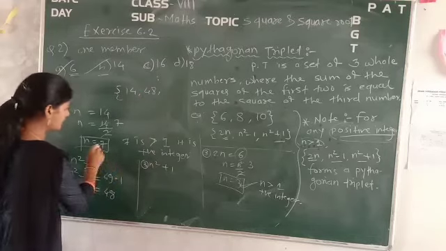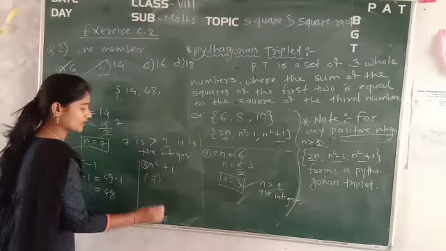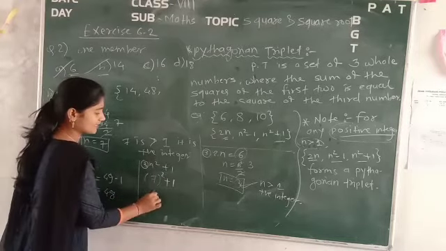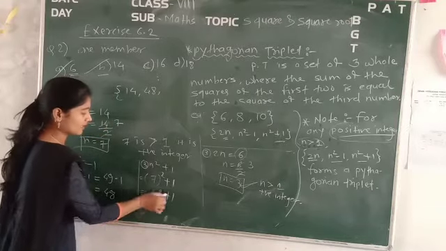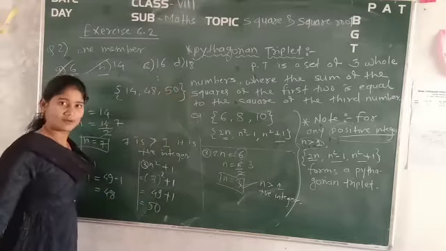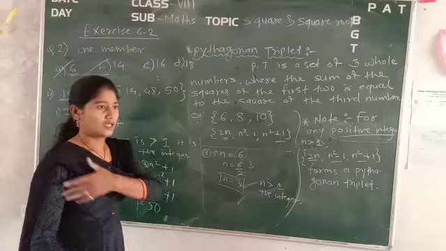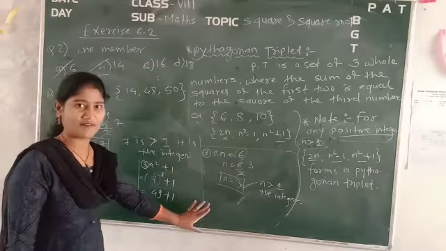So the second member is 48, right? Again put this 7, the value of n, in that equation. So it is 7 square plus 1, right? 7 square is nothing but 49, plus 1 equals 50. So the remaining last member is 50. Okay. So is everything clear? Now see, I have explained it to you in the D format. I hope that you have understood.